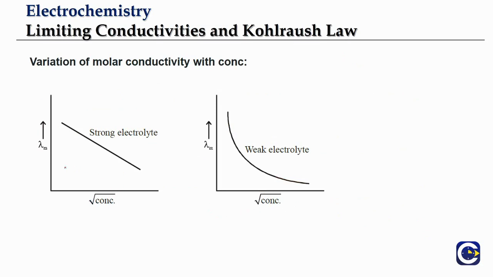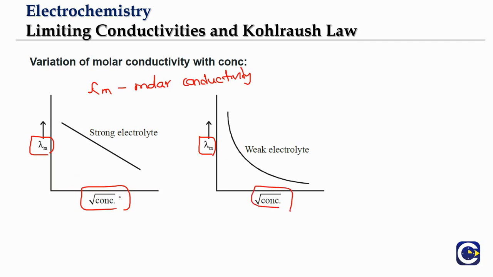We can see over here, if we are plotting lambda m. So lambda m represents what? Lambda m represents molar conductivity, let us say. If you plot it with regard to root of concentration, then we see that as concentration is decreasing, when we come to the left, it is decreasing. As concentration is decreasing, the molar conductivity value is going to increase. So we see this is a straight line. It is going to touch the y-axis over here. But we see that this is a straight line, and the change is not that much.